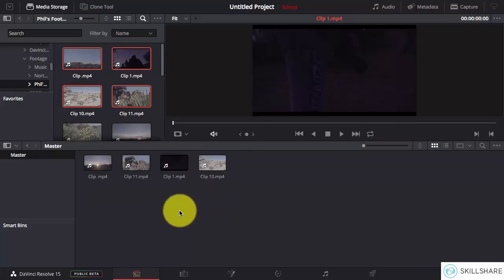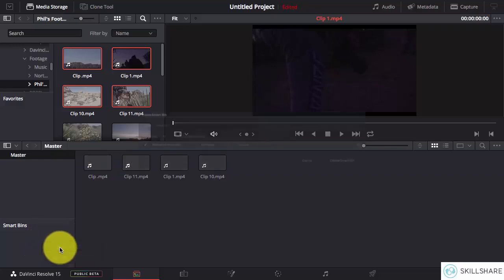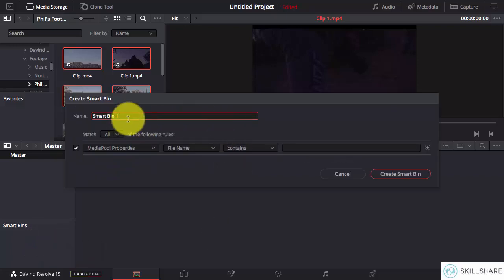Another cool way to organize your media is through smart bins, which will automatically find clips that fulfill a certain criteria. What I do is I first create a smart bin by right-clicking in this area and pressing this add a smart bin button. And here I will give a name for this smart bin. So I'll call it